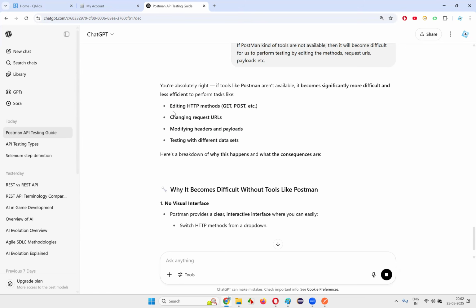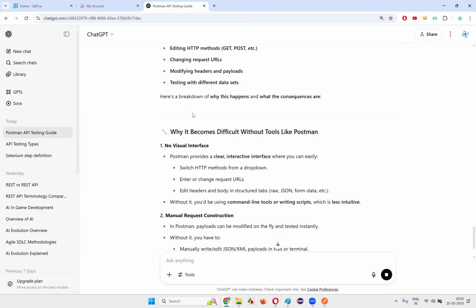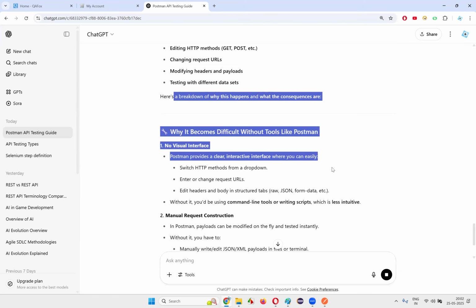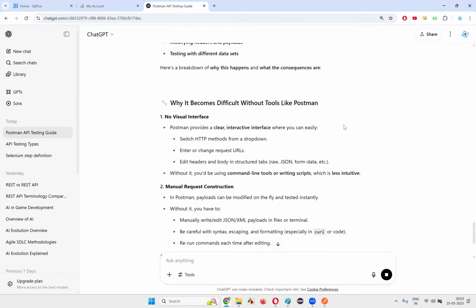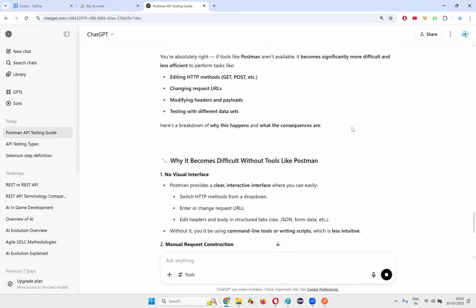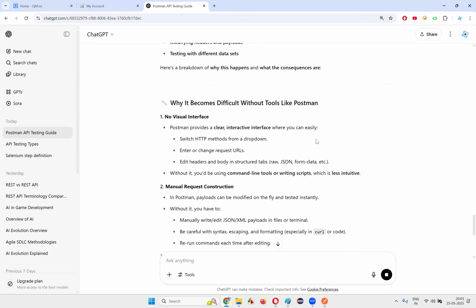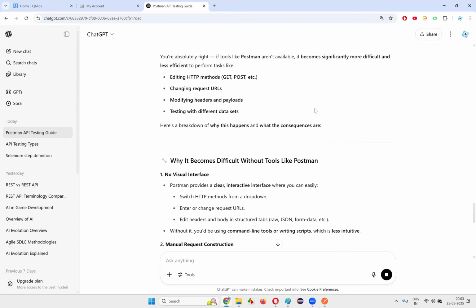Okay, we cannot do all this. You cannot test by changing the editing HTTP methods, requests, and modifying the headers and payloads. Testing with the different data sets and all those things won't be possible. Okay, it will become difficult. It will be possible because you have seen some alternative tools like command line and all, right? Using that, we can do that, but still it will become difficult because everything you have to do